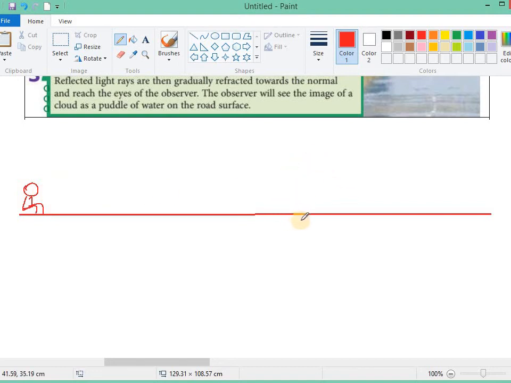You can see that it looks like there's a puddle of water like that. Or if there's a car coming, you can see the reflection of the car on the ground. Like that. The reason is because